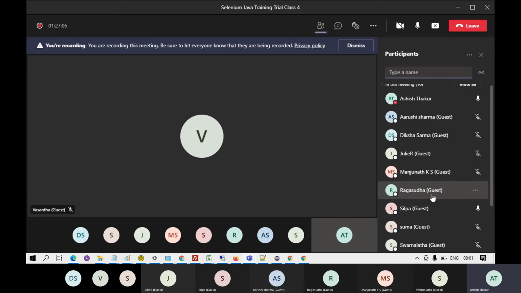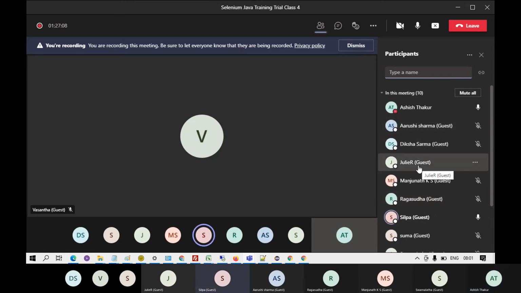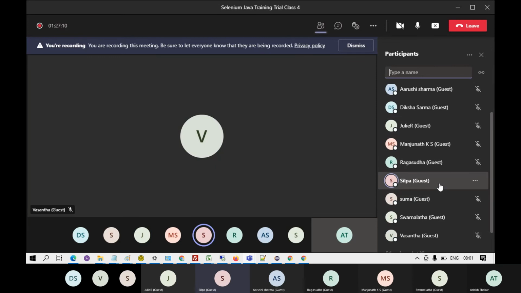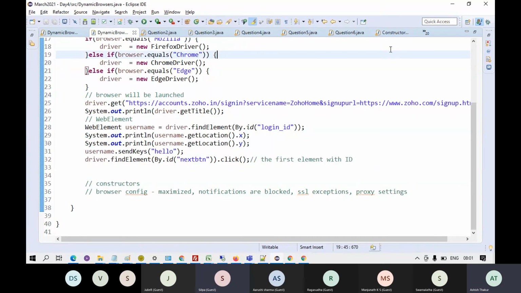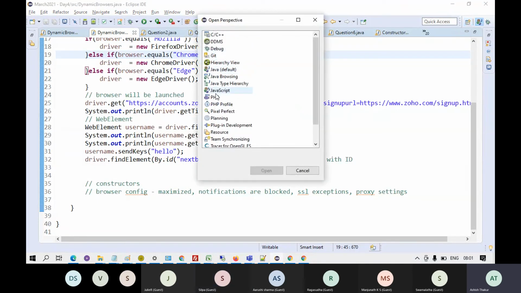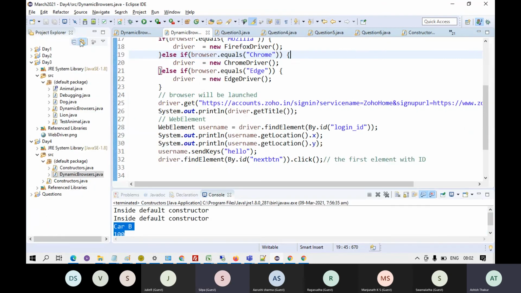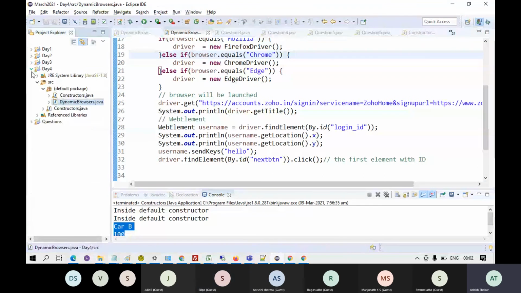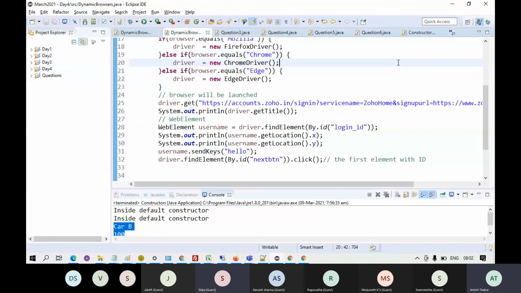Anyone? Anything? Ashish, I have a question. I was trying to create some basic scripts, and I'm always getting into module instead of packages, and I'm missing a default package in Selenium. So maybe this is a basic question, but I'm a beginner here. You have to be in Java perspective. Okay. You click on this open perspective icon and make sure you are selecting Java over here, Java default. Otherwise, the view becomes very different. Okay. Thank you.